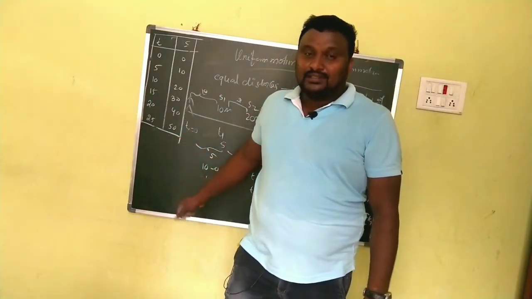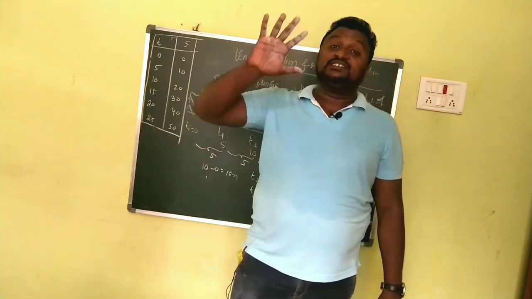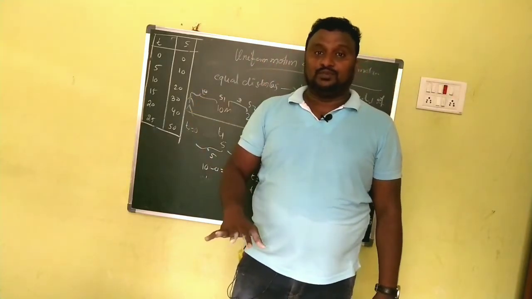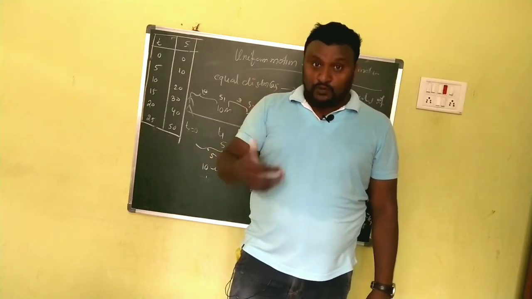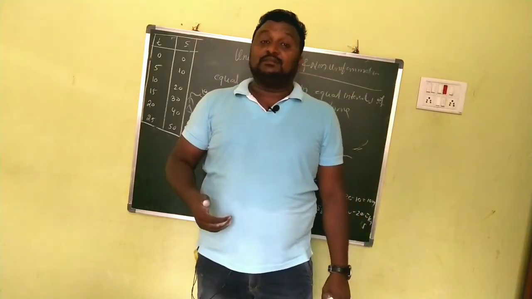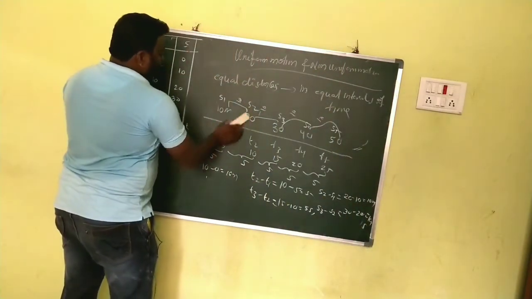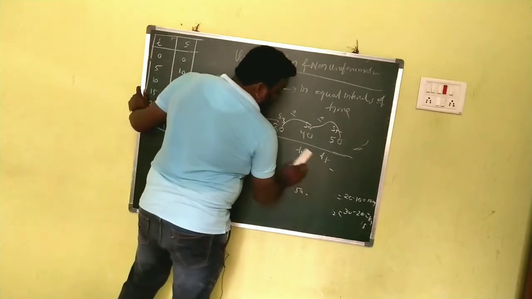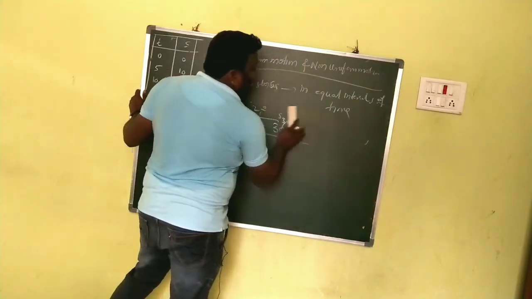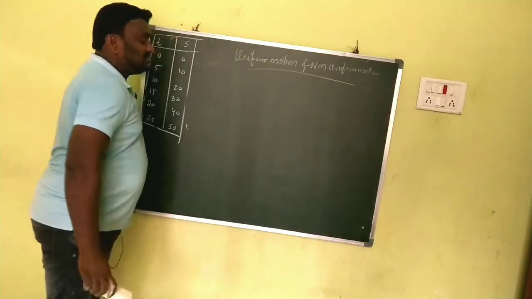In that example, the boy covers 10 meters for every 5 seconds. So that is why he is said to be in uniform motion. When the body is in uniform motion, if you draw a graph between s and t, it must be a straight line. When the body is in uniform motion, the nature of the graph is a straight line passing through the origin.